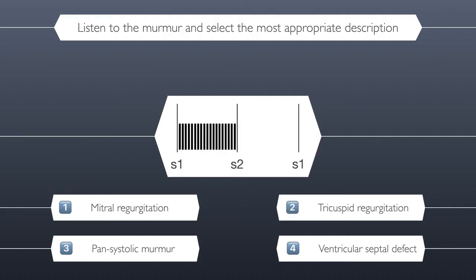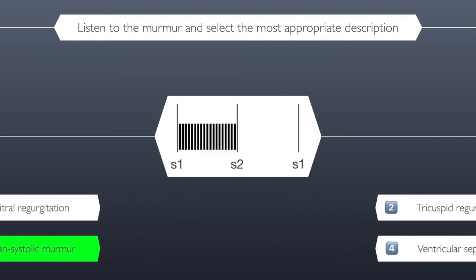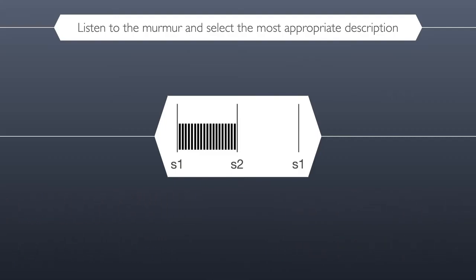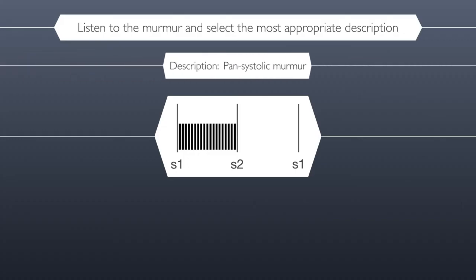Think carefully about your answer. The correct answer is pansystolic murmur. Okay, we're just going to pause for a moment because I recognise that this question was a little bit tricky, and the reason for that is because the question actually requests for a description, which is a pansystolic murmur, but